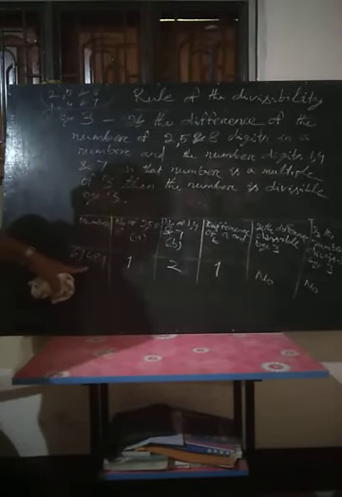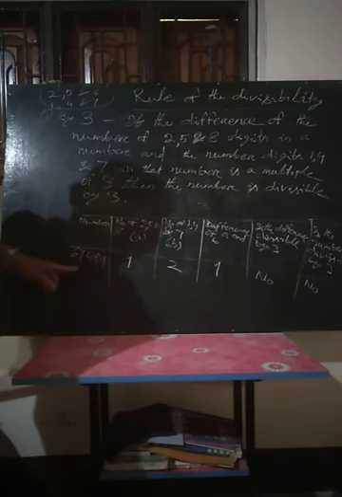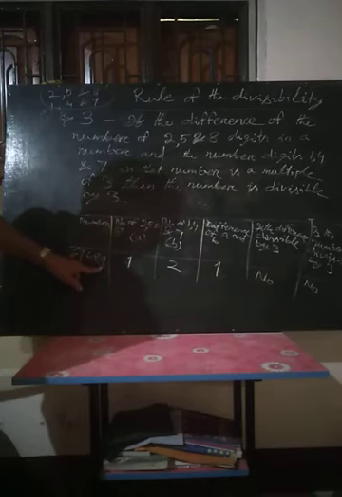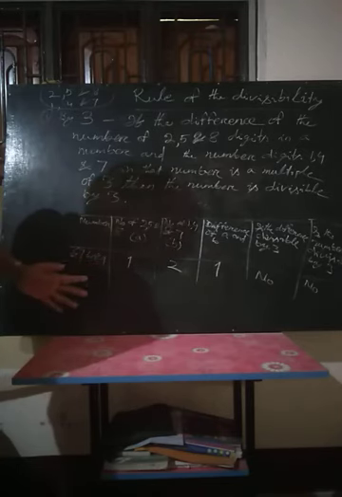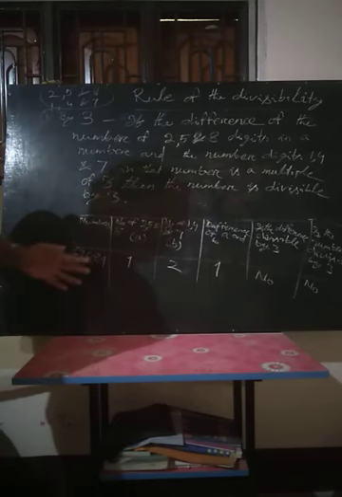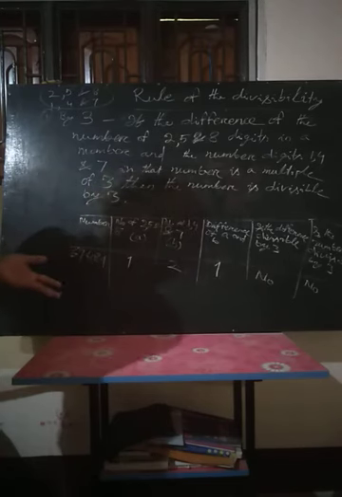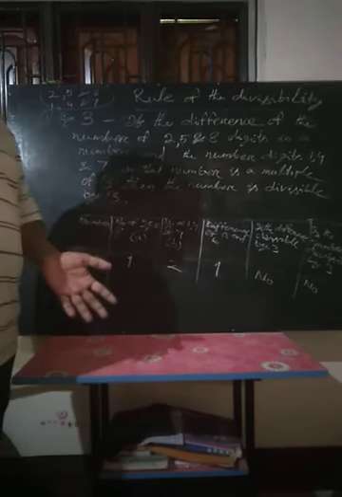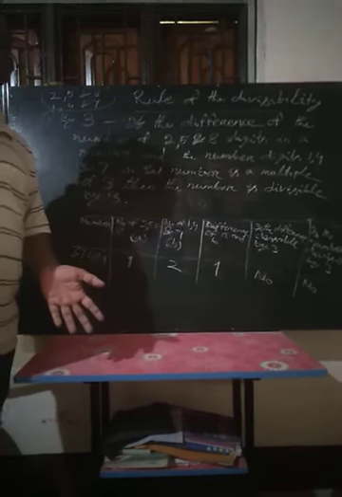Let us discuss the previous rule. The sum of the digits: 6 plus 7 is 13, 13 plus 4 is 17, 17 plus 8 is 25, 25 plus 9 is 34. So the sum of the digits of 34 is 3 plus 4, 7. It is not divisible by 3, and you can check this rule by testing so many numbers. Thereafter you can contact me.